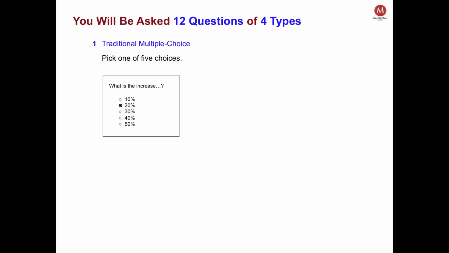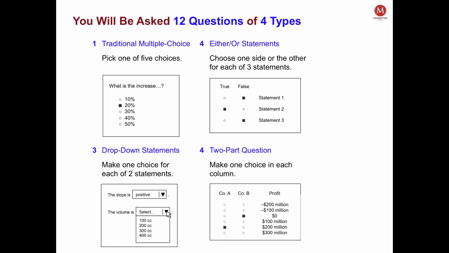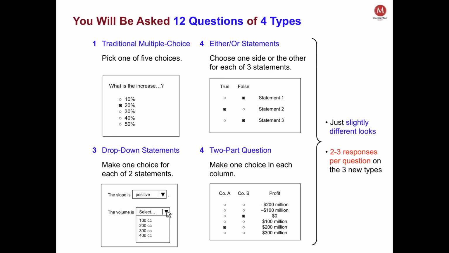Now, important things to note. There are 10 prompts, but 12 questions. Most of these prompts have just one set of questions. A lot of the question types have multiple sub-questions, and in order to get one right, you have to get the whole thing right. Now, why are MSRs so special?